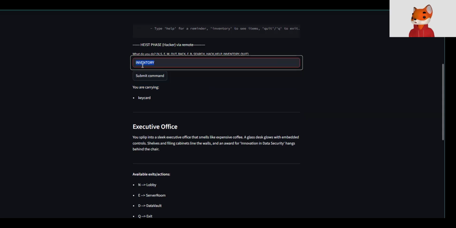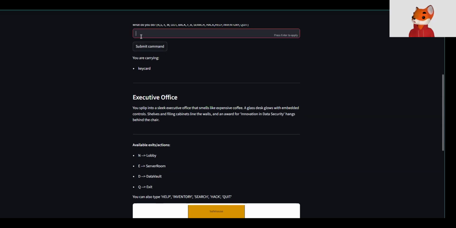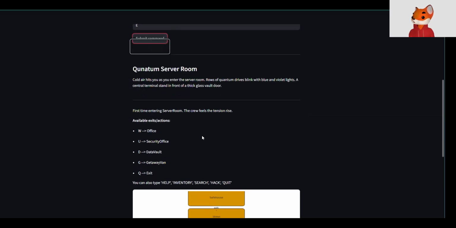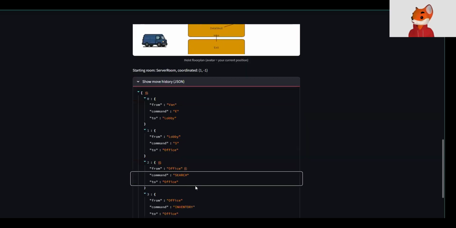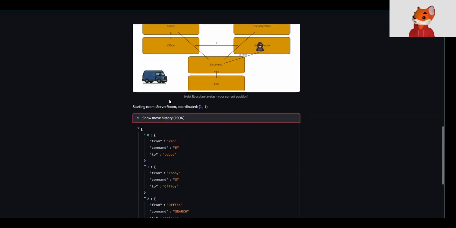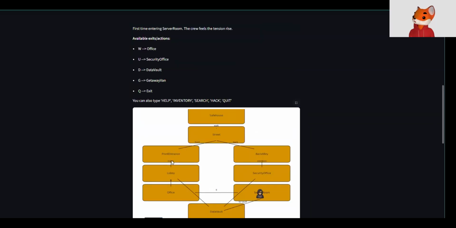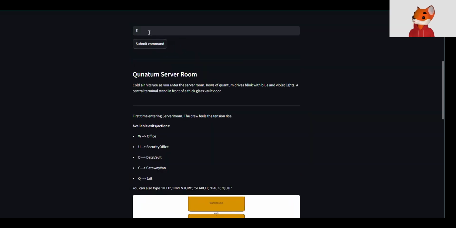And then the next thing here, what we're going to do is we want to go to the server room, which is over here. So we're just going to type in E, submit, and we move from the office to the server room. And again, all of this information from the search, the inventory to the server room is all located in our show move history. Now that we're inside of the server room and we are the hacker, what we are going to want to actually do